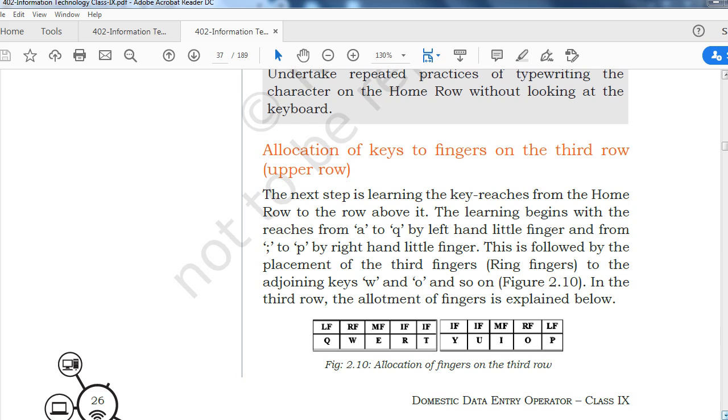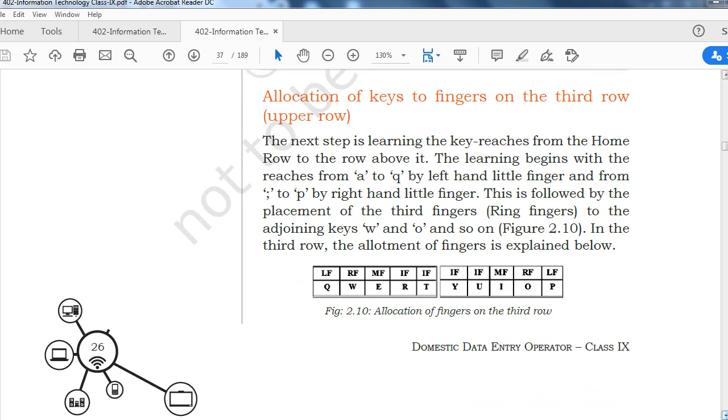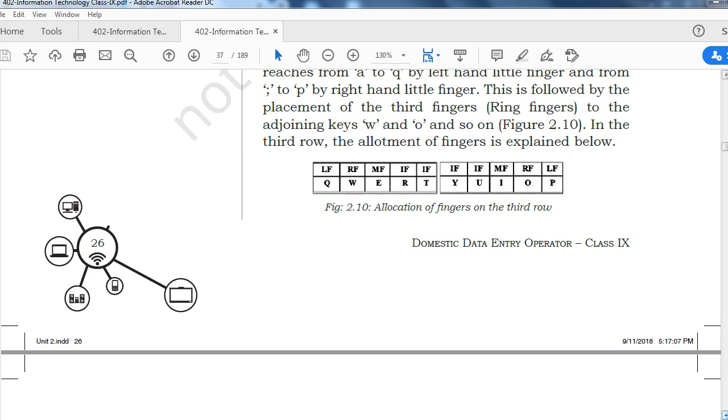The learning begins with the reaches from A to Q by the left hand little finger and from semicolon to P by the right hand little finger, as you can see, right? This is followed by the placement of the third fingers, the ring fingers, on the adjoining keys W and O and so on. In the third row, the allotment of fingers is explained below, right? In this way, you have the allocation of fingers on the third row.